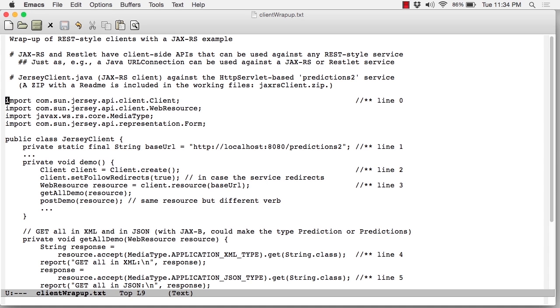At line 0, I'm showing the first of 4 imports. There is a class called client that represents a RESTful client. There's another class called web resource that represents the resource against which the client is going to perform CRUD operations. There's the media type. We've seen that on the service side as well. That represents a MIME type. And there's a very nice form class that makes it easy to inject key value pairs into a request form